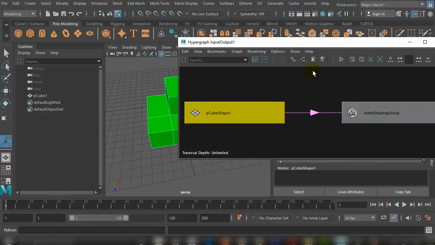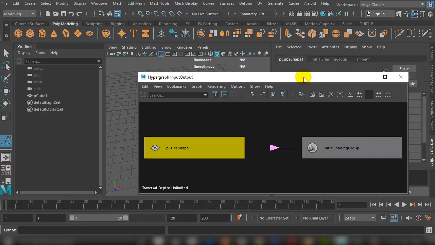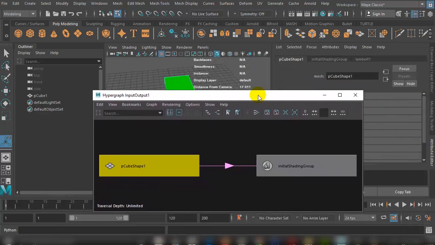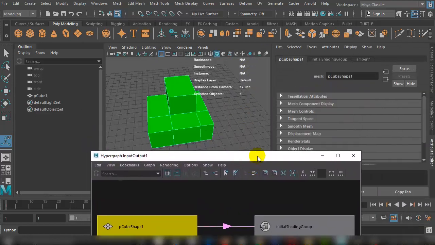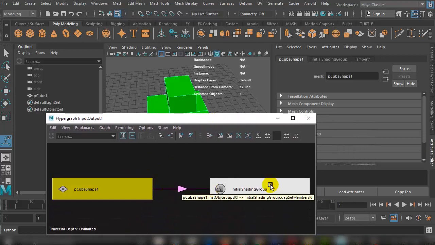another section. So for example, we might have just done our box modeling, or we might have just finished a component. Now we want to add smoothing. So this is a good point that we can delete our history, and that way we're working with a much simpler object. And you can see there's only two